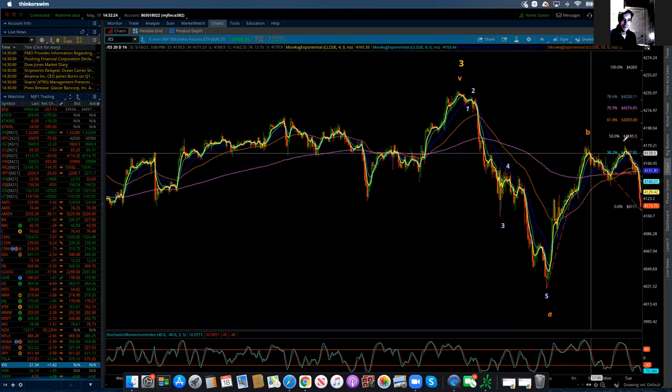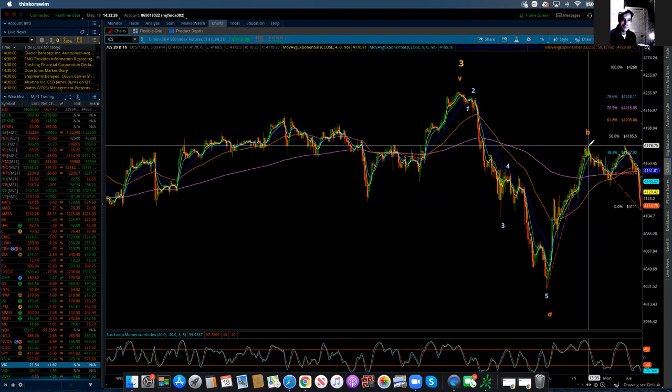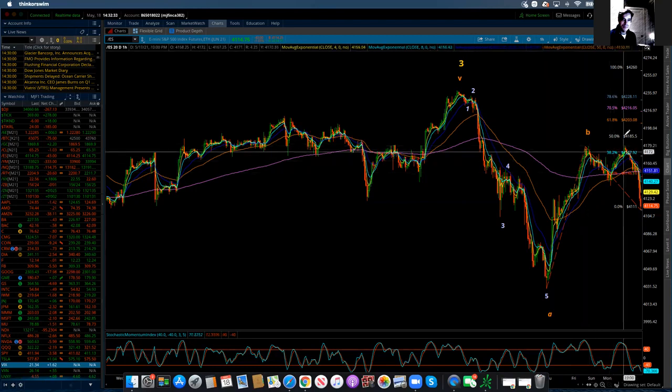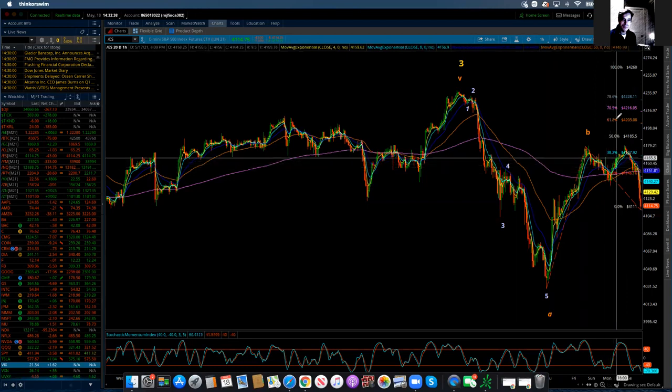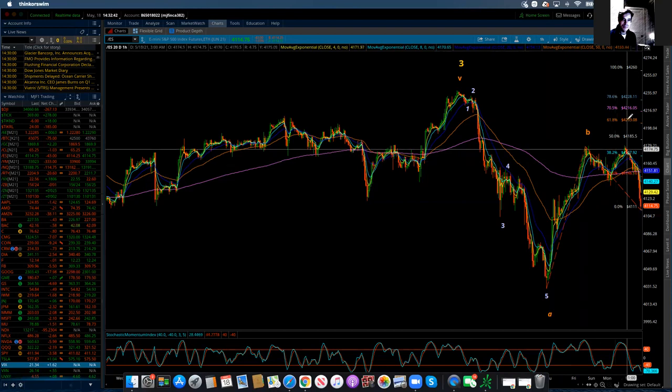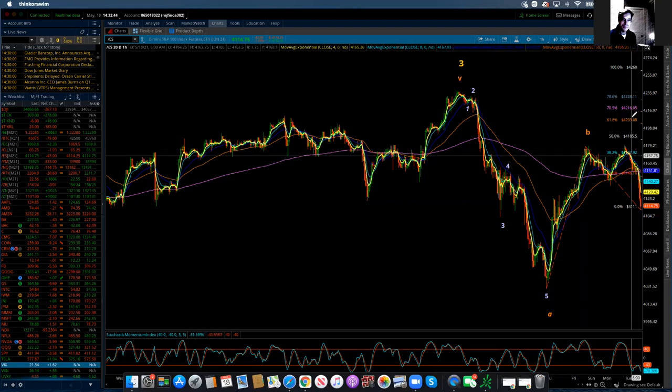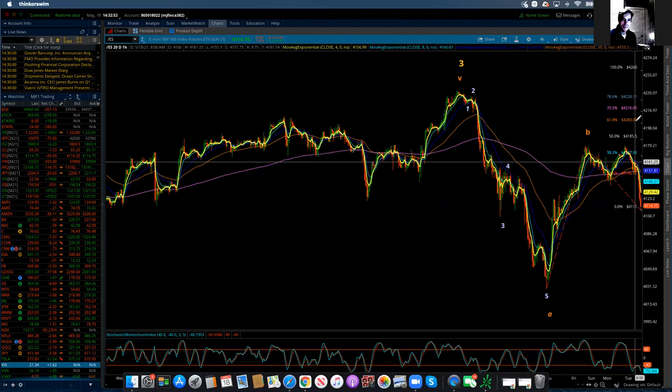All it needs to do is wave C just really needs to come up and break that high before turning lower again. So in that case, we've got 4,185. That's a 50%, 62%, or 61.8% of that A wave comes at 4,203. That fits very cleanly because the most common is that C is equal to A. The second most common, C is equal to 0.618 of A. Boom, right there, 4,203. That would fit.